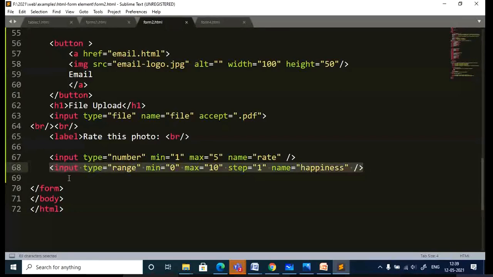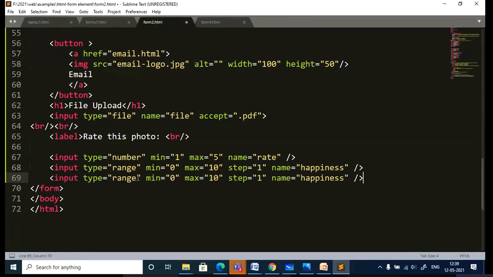When you want to allow the user to select a color, if you want to specify that, you can just go for the color option. Name you can give. Just save it.